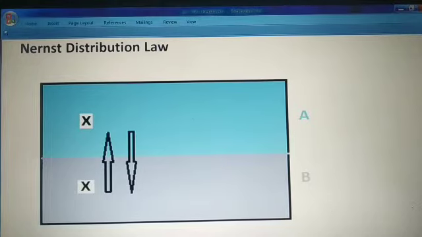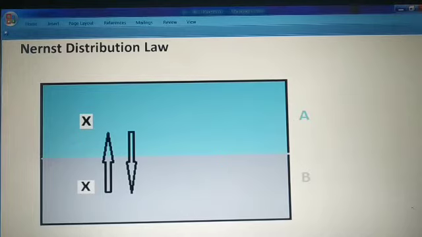The two liquids are in static equilibrium, meaning none of the molecules from one solvent is crossing to the other side, but the two liquids are in dynamic equilibrium with respect to X. Why dynamic equilibrium? Because the solute is migrating from one side to the other as per its solubility. Wherever it is more soluble, it will pass to that side. Wherever it is less soluble, it will pass less toward that side. So a dynamic equilibrium is achieved after some time, where the number of molecules crossing from one side to the other are equal. So the system becomes in equilibrium.